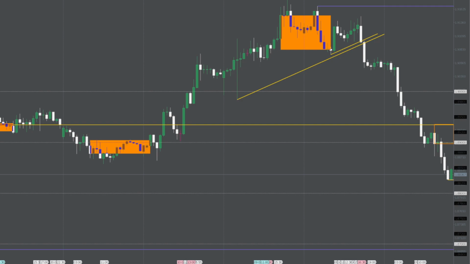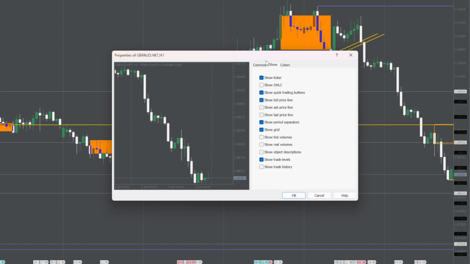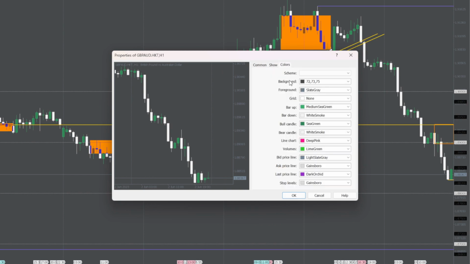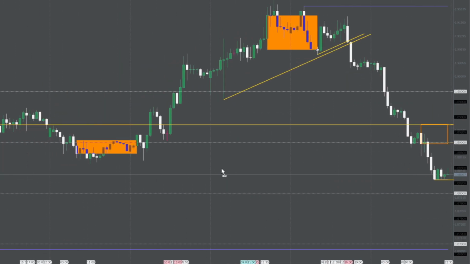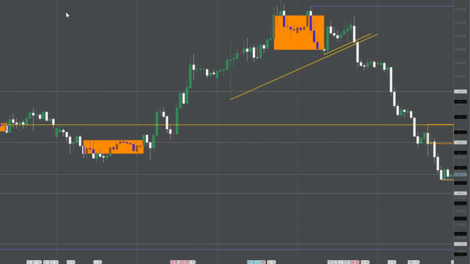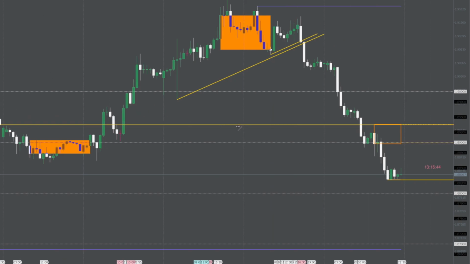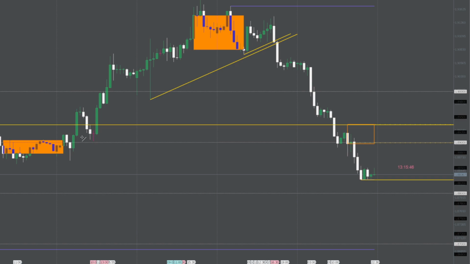Let me show you what it is. It just shows on, I don't even know. It's like a doji, whatever. But if I go to my properties, the line chart, I have it deep pink, okay? So that to me, when I see that on higher time frames, lower time frames, wherever time frame, that to me is an area, as you can see, where we had a nice order box build up or whatever it was. And we have that indecision